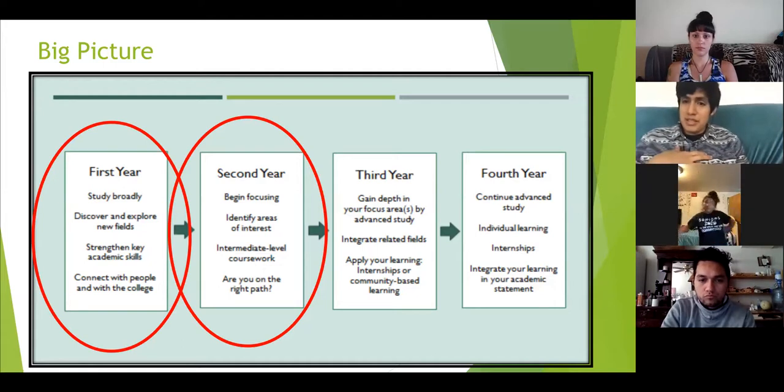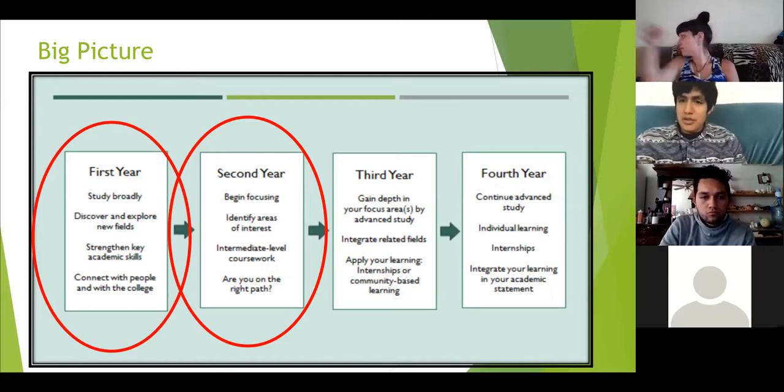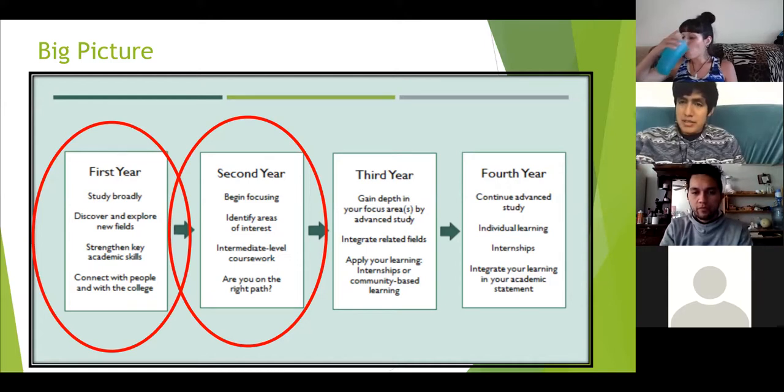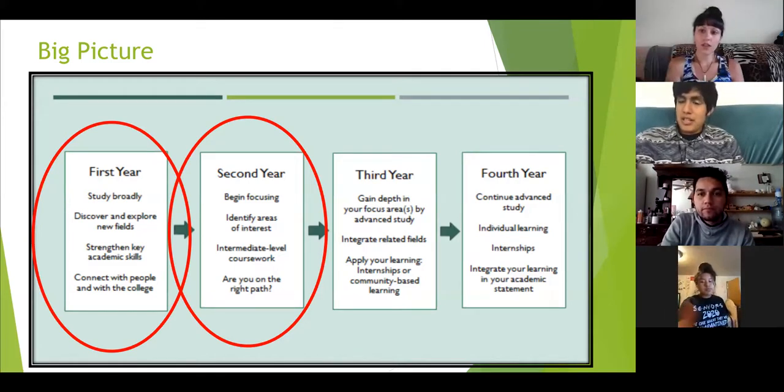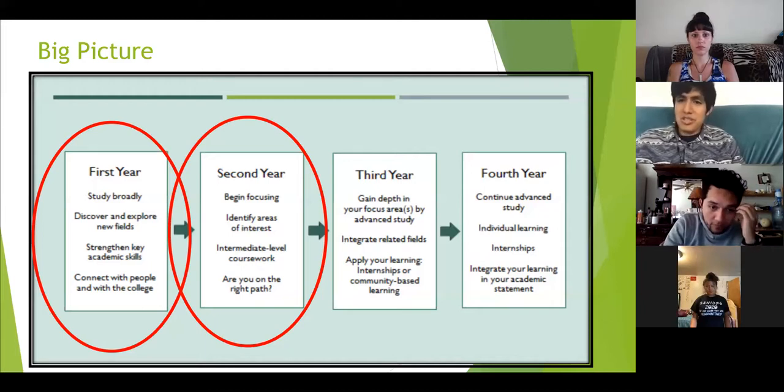so for example, my experience in my first couple years, I went into my undergrad thinking I was going to do computer science. So I took computer science courses and science courses and a math course, right? So when I started, I did that, and by the time I reached my spring quarter my first year, I realized that computer science was not for me. It's not something I really wanted to spend a lot of time on. It's not that I didn't like it necessarily. It's just that the way it worked in my institution, it was too intense for me, and I didn't want to do it. Right? But I took my first year to really explore that,